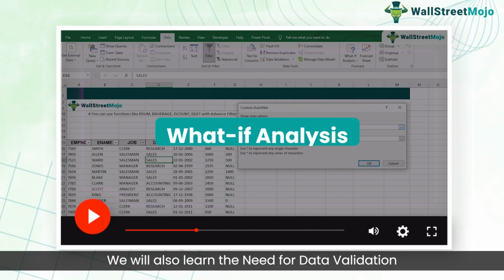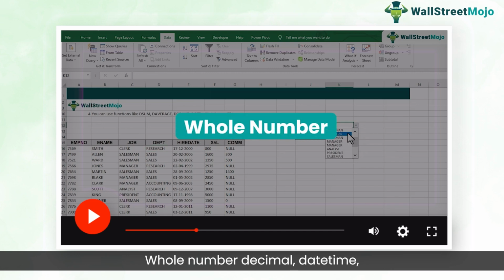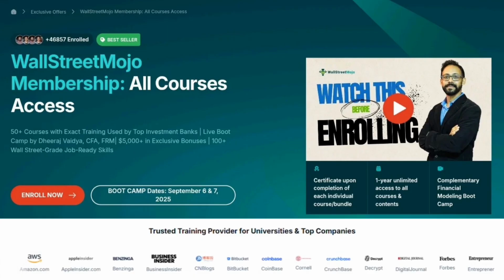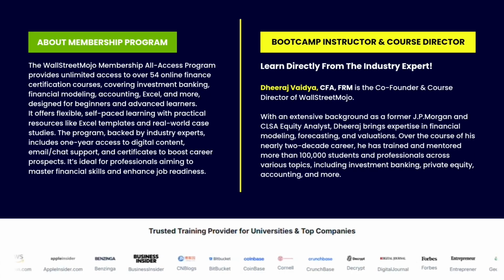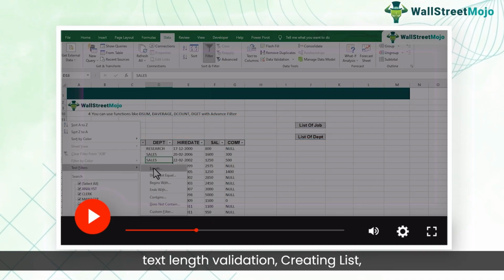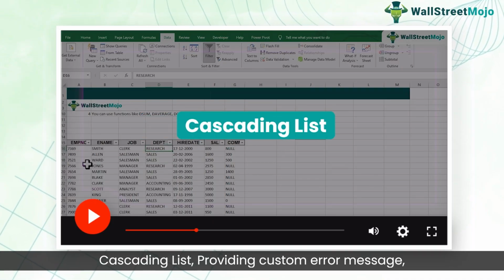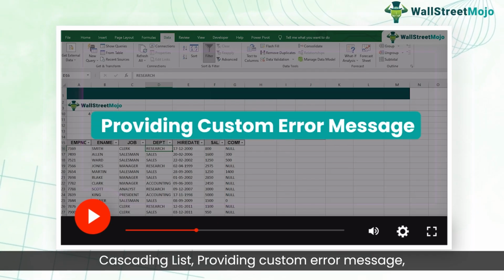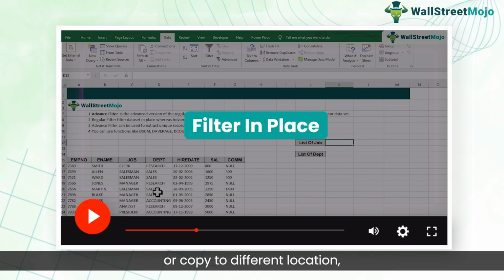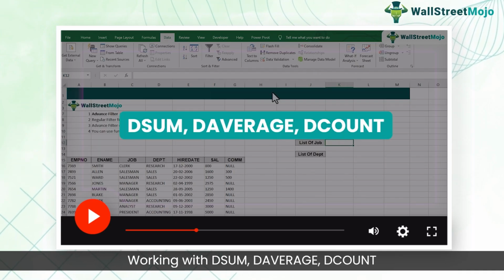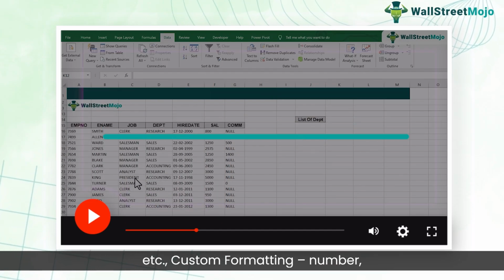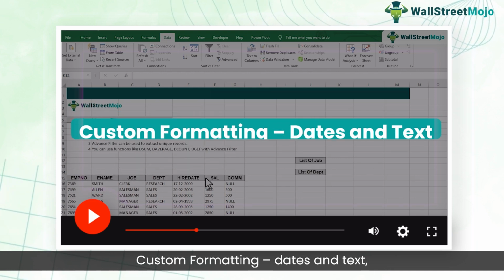We will also learn the need for data validation, whole number, decimal, date time. Text length validation, creating list, cascading list, providing custom error message, filter based on criteria, filter in place or copy to different location, working with dsum, daverage, dcount, etc., custom formatting number, custom formatting dates and text, setting up rules